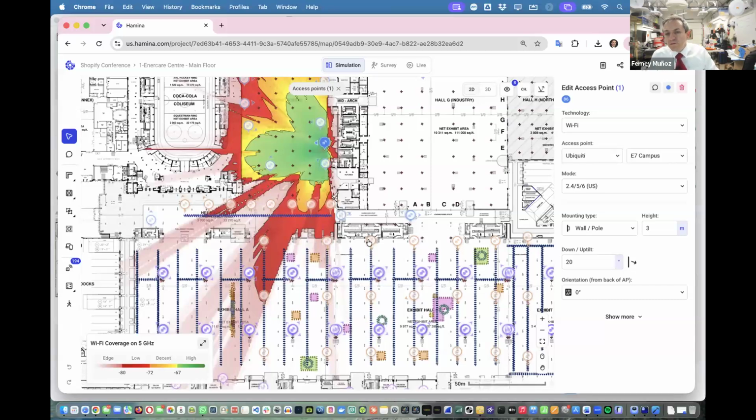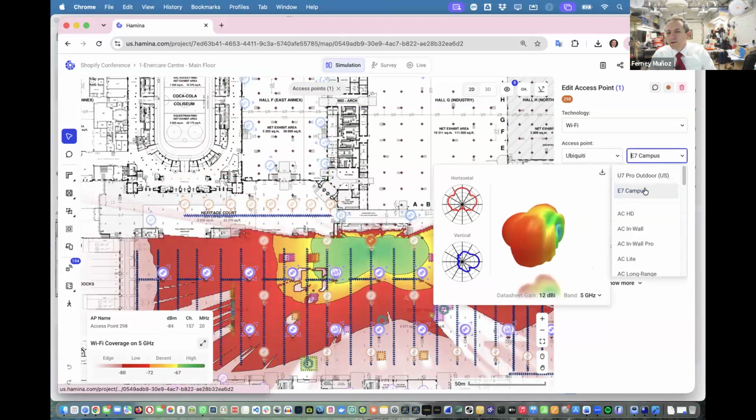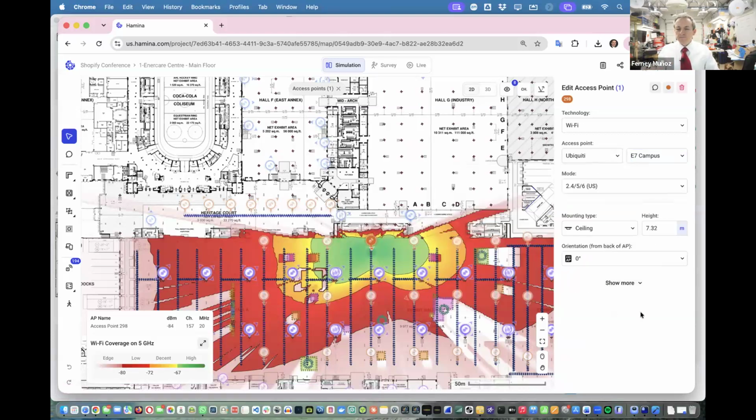These other orange APs are E7 Campus too, but those are mounted in the ceiling, shooting down like a shower, at 7.3 meters from the ground. And this orientation matters, because if I look at this E7 Campus, look at the radiation pattern. It has a main lobe and side lobes like this. So if I change this rotation, because right now, this one